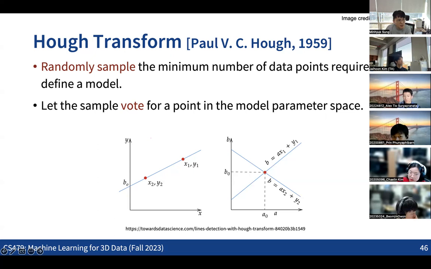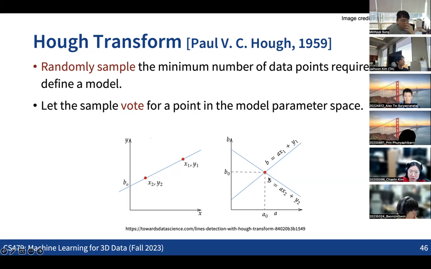So in this 2D space, each sample of 2 points becomes a vote, mapped to a single point in the line parameter space, right? What we can see on the left-hand side is that we are picking the 2 points in the 2D space and making this line. And this line is mapped to a single point in the line parameter space. This is another 2D space representing the line parameters. One axis is for the slope, and the other axis is for the offset, right? So a line in the 2D space is now mapped to a single point in this space.